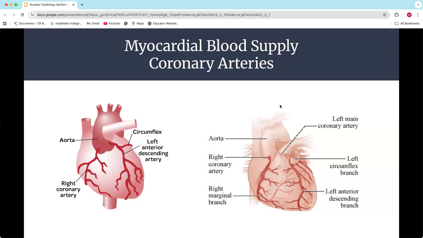So what I want you to know for this class in terms of anatomy is three main vessels, okay? If we look at this simplified picture over here, technically there are four main, but three main are the ones you focus on when we talk about nuclear cardiology. You start off coming out of the aorta, on that left side. You're going to have what they call the left main. The left main separates into the circumflex and the left anterior descending.